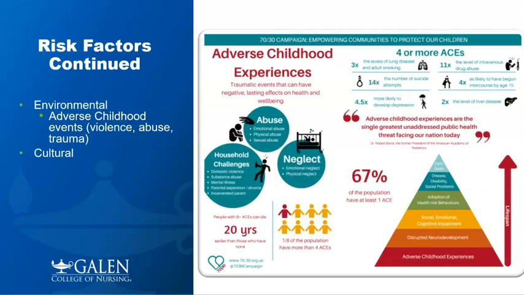Risk factors: environment. We have talked so much about adverse childhood experiences. We can see 60% of the population have one. People with 6 or more ACEs can die 20 years earlier than those who have none. 1/8 of the population has more than 4. We have talked about these a lot. If parents are abusive, rejecting, overly controlling, the child may suffer the detrimental effects at the different developmental points in which the trauma is occurring. So trauma and trust versus mistrust lead to some of those attachment disorders.